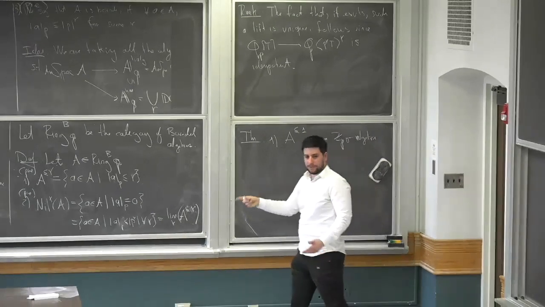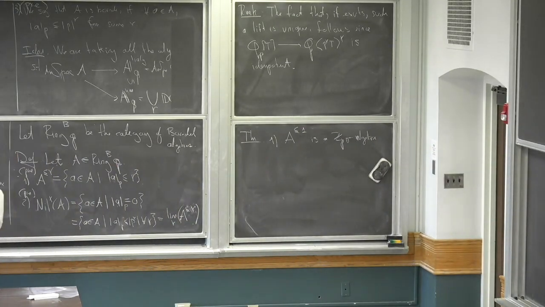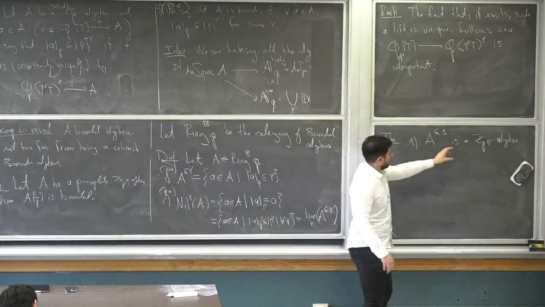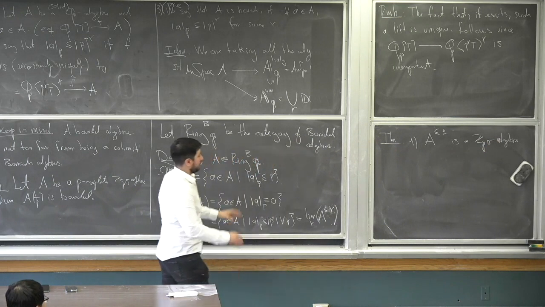Meaning that, as you would expect, the sum of two elements of norm less than or equal to 1 has norm less than or equal to 1, and of course it's stable under multiplication. But even more, not just as a ring, as an underlying set, you can actually promote it to a ring which is complete and solid. So this actually has a lot of hidden